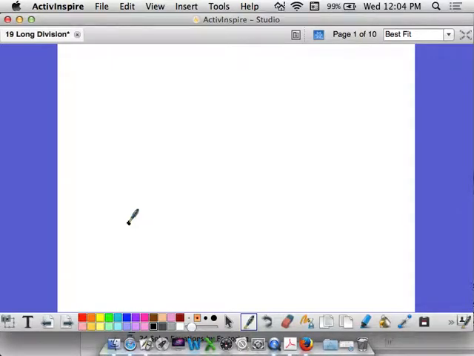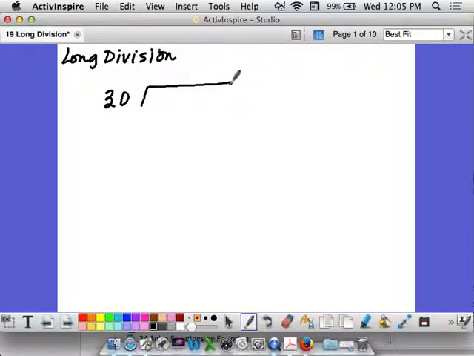Today we're going to talk about long division, more so polynomial long division. In doing that, I want to begin with just a regular third grade long division problem. And it looks like this. 30 divided into, we're doing this long division, 7613. 30 divided into 7613. Now, in order to do that, let's go back and just remember that we would say